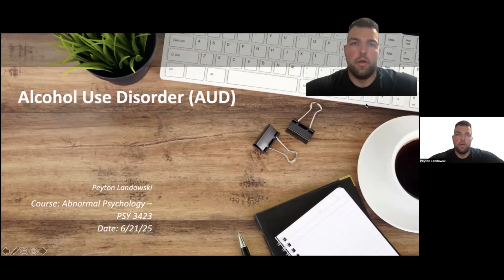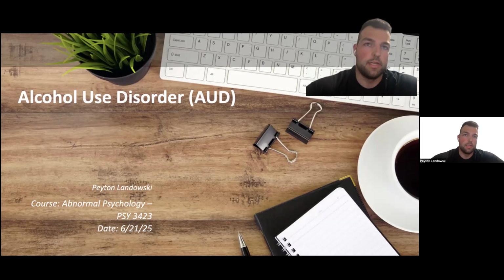Today, I will be talking about alcohol use disorder. This condition is part of the substance-related and addictive disorders category in DSM-5. Alcohol affects millions of people around the world and can seriously harm one's health, emotions, and relationships. In this presentation, we will look at what alcohol use disorder is, how the biological and cognitive perspectives explain it, and how we treat and think about it.